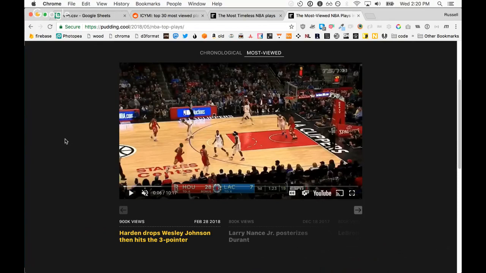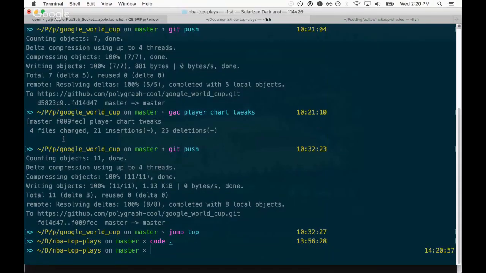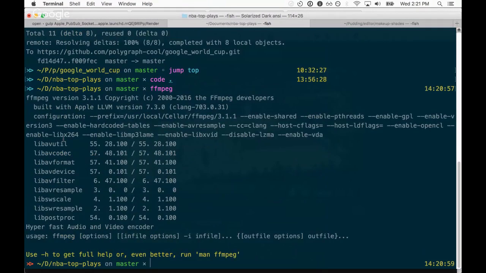And then my favorite and least favorite parts are actually coupled. I don't even think you asked for the least favorite part, but okay, they go together. I did most of the video work using FFmpeg, which is a command line tool for working with video and audio. And basically, I could script everything.